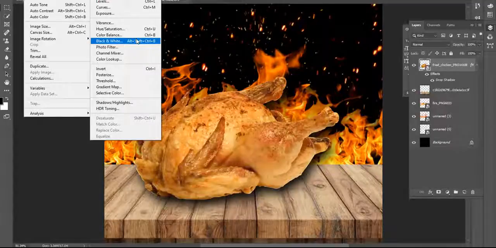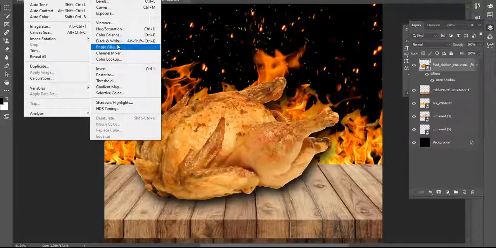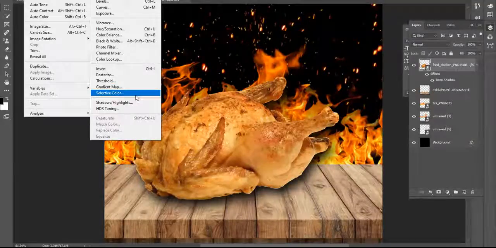If you are a smartphone user, when you edit your image in your smartphone, I think you can find this type of name in your phone. So I just want to match the color of fire with my chicken.